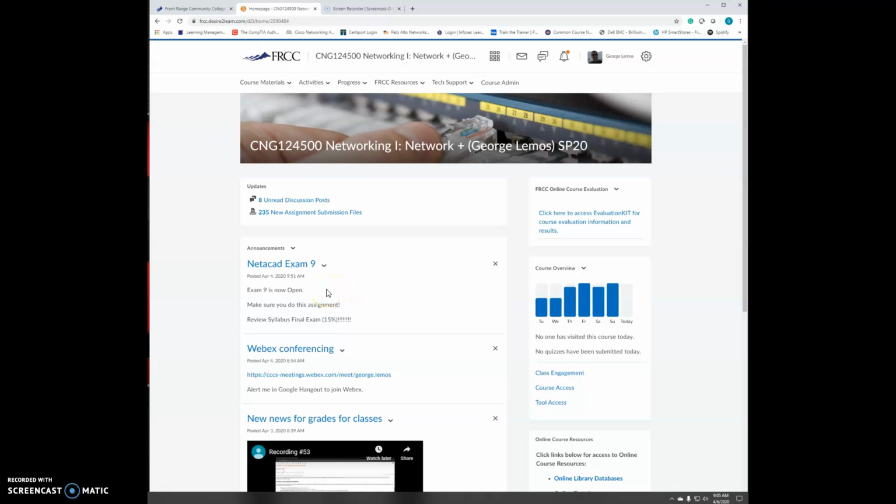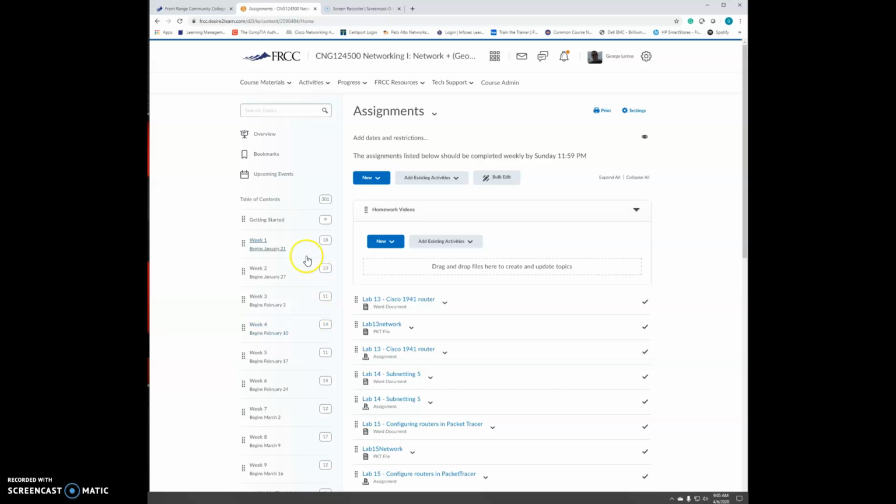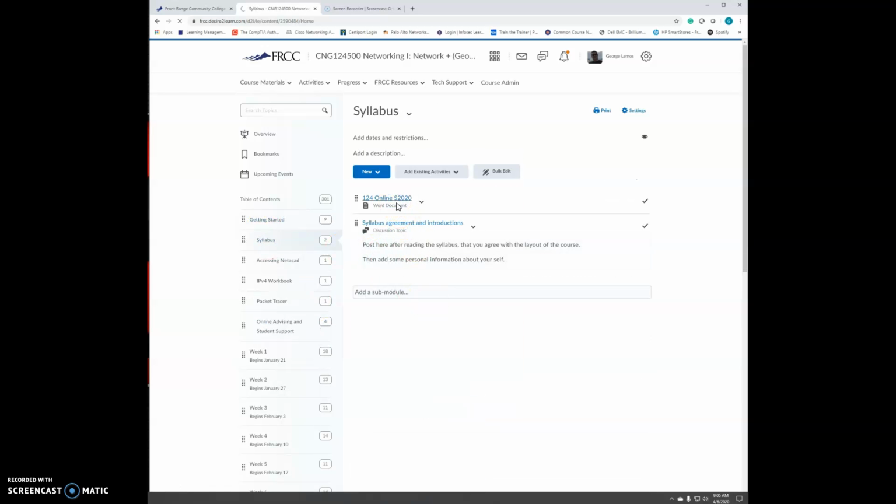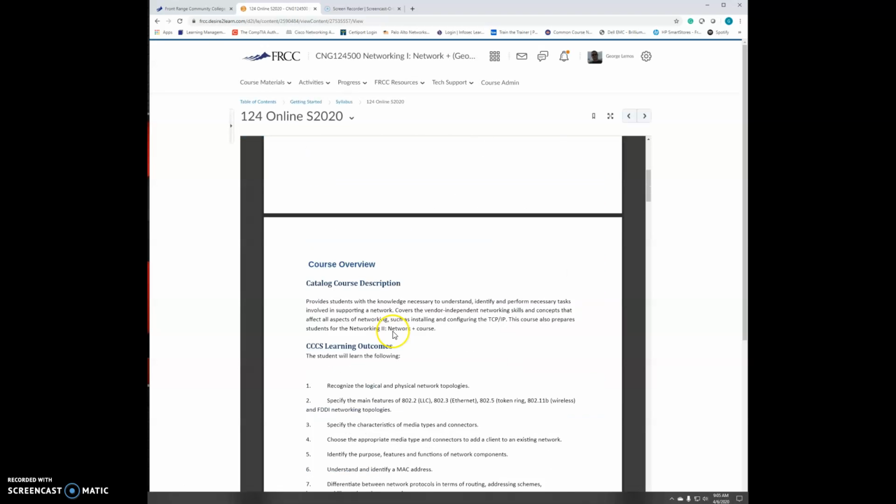What they do is the scores. I shouldn't say the scores impact, the completion of those impacts your grade. In the syllabus, we can see that failure to do them makes you ineligible to complete the final exam, and that's how they impact your grade.